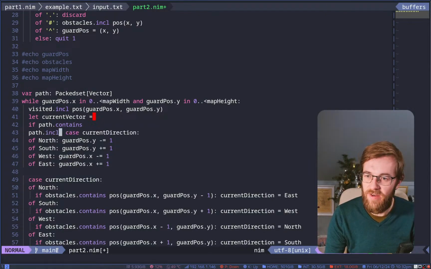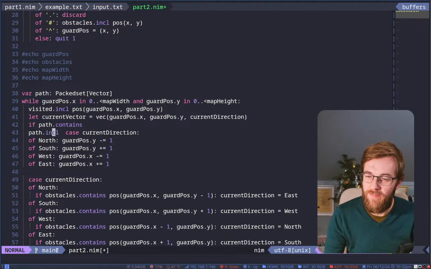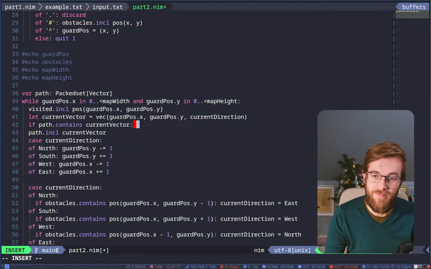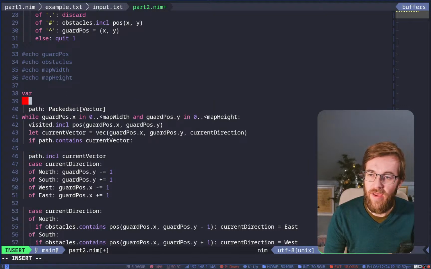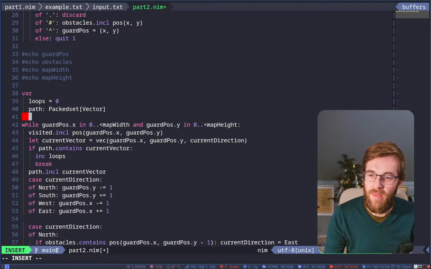Let's see, current vector goes there. Current vector. If the path contains the current vector, we are in a loop. So we need to track how many loops we have. So increase the number of loops and break out of this. And then